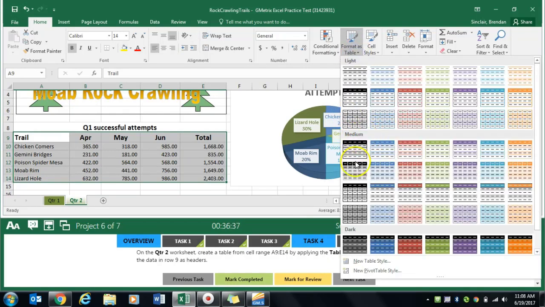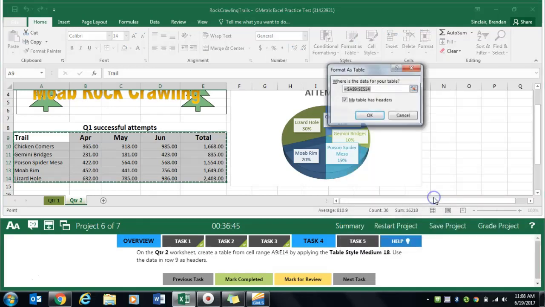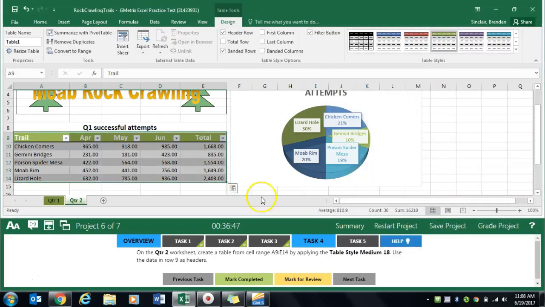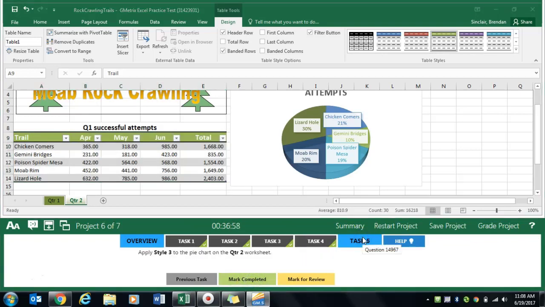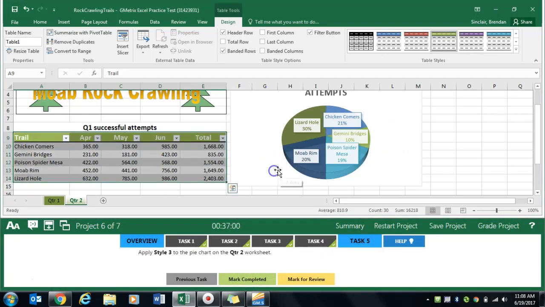We have the medium group here, and we're not sure, so we'll hover. That's too much, so Table Style Medium 18. If you're not sure, again, hover so it'll tell you which table style you're applying. And then we've already selected the headers, but that's what it wants us to do. We'll click Mark Completed, and Task 5 asks us to go ahead and change this chart over here on the